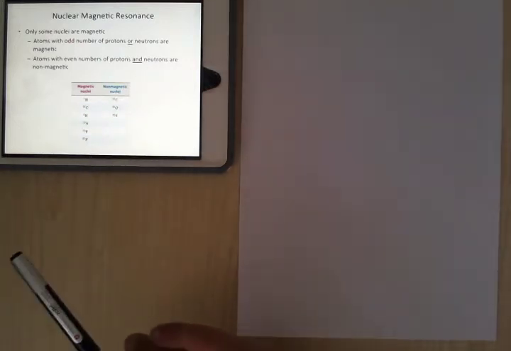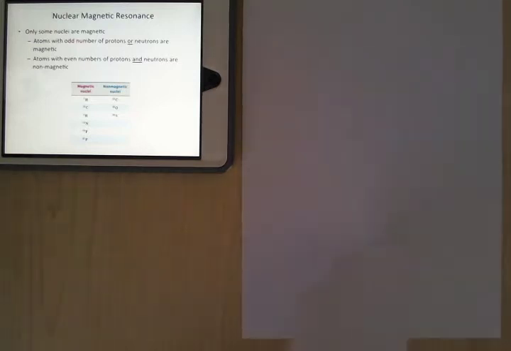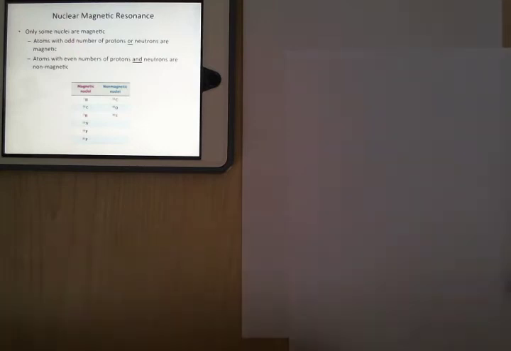So in this case, if you look at the periodic table, if you're looking at something like